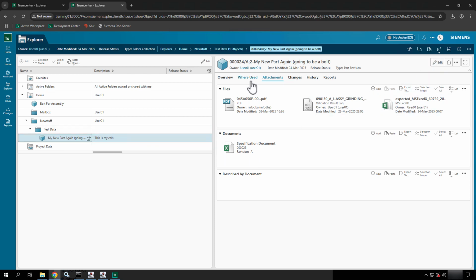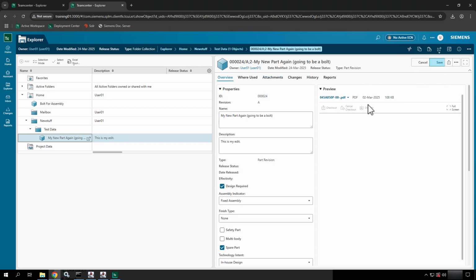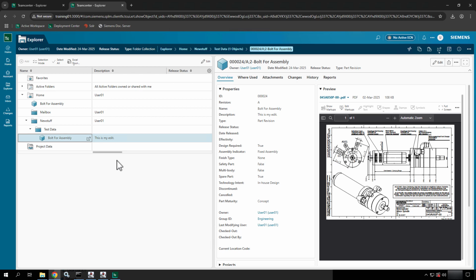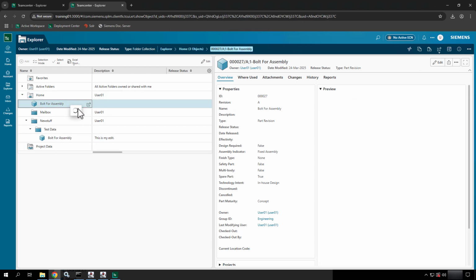So I'm going to choose Overview, Edit, and now I can edit it. I'm going to call this bolt for assembly. So same name as the other one, but the ID is the unique identifier in the system, so that's okay. And I'm actually just going to cut this other one,